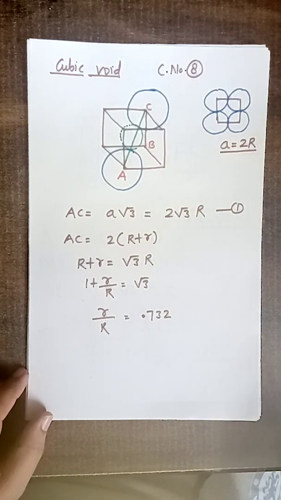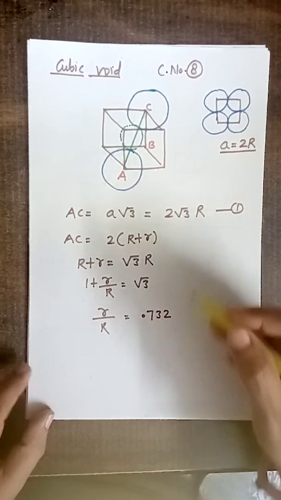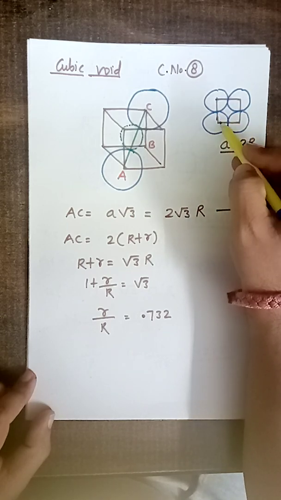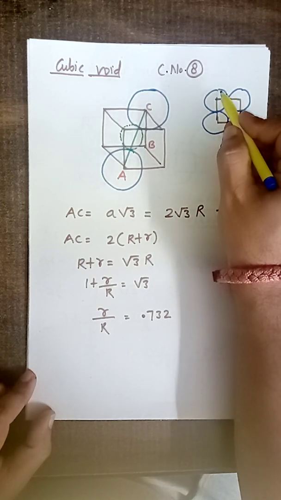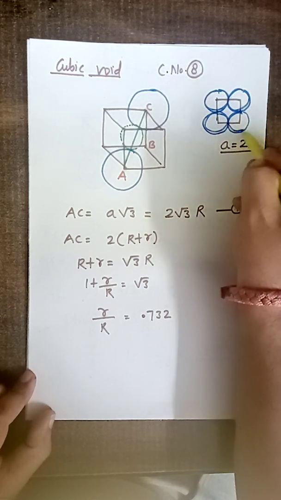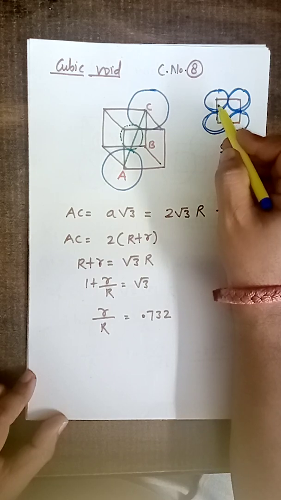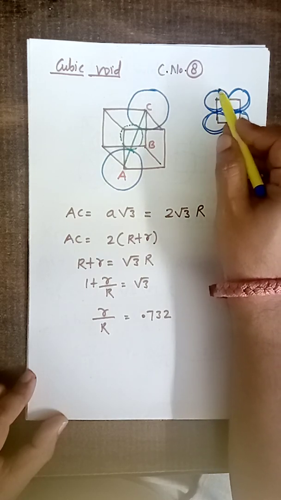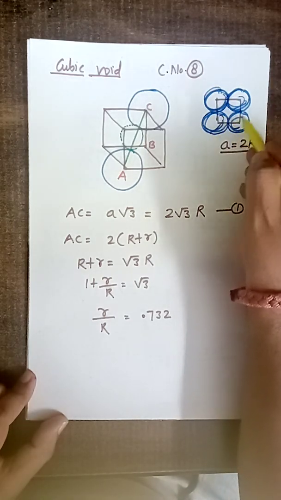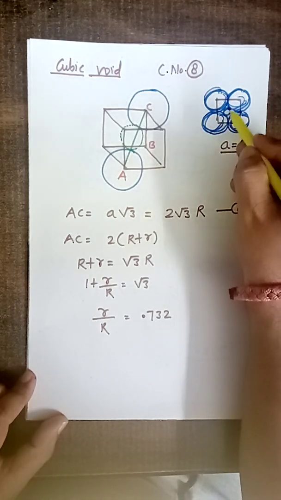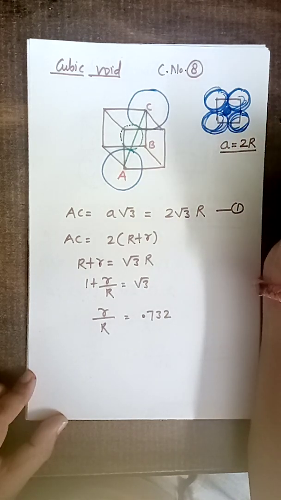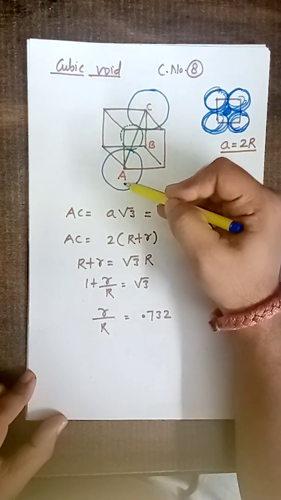Similarly, next for the cubic void. In a cubic void, the particles are in contact with each other. You can see here 1, 2, 3, 4, and the 4 particles of the opposite face are also in contact in the same way, 1, 2, 3, 4. So we know that in a cube there are 2 opposite faces. This is the first face, and just over it this is the second face. So in this way 8 particles are connected, and at the center we can see a void, and this void is known as the cubic void. So this is the picture of the cubic void.